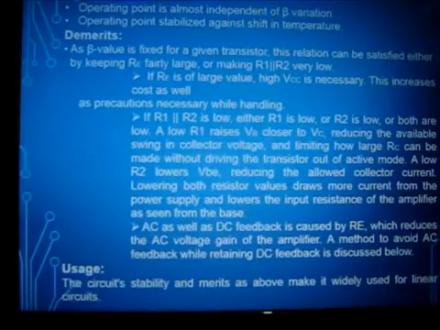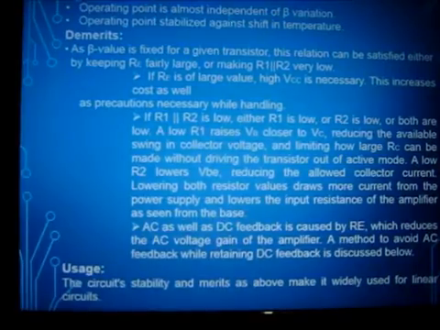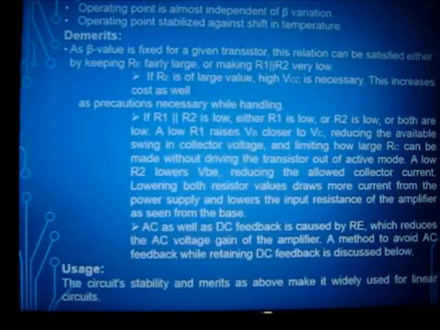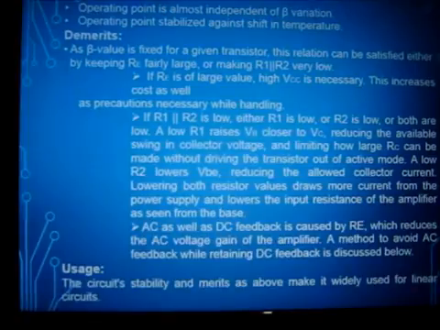Now the demerit is, as the beta value is fixed for a given transistor, this relation can be satisfied either by keeping RE fairly large or making the Thevenin resistance, that is the parallel combination of R1 and R2, very low. If RE is of large value, high VCC is necessary. This increases the cost and the precautions necessary for handling. And if R1 and R2 are low, either R1 is low, R2 is low, or both are low, a low R1 raises VB closer to VCC,